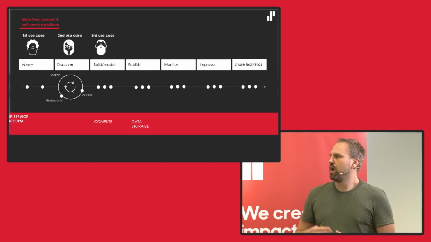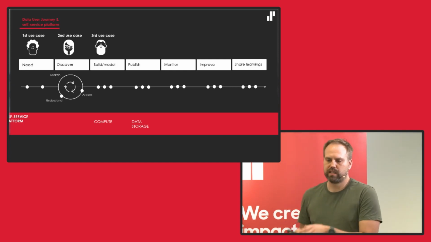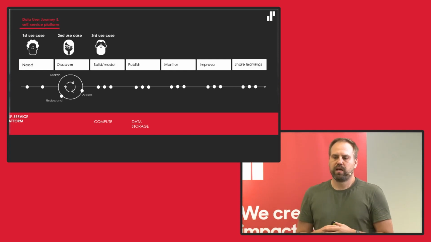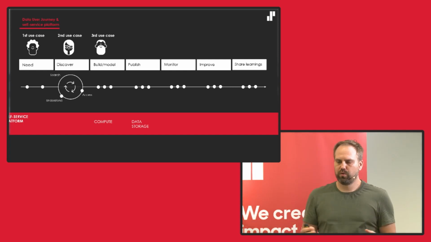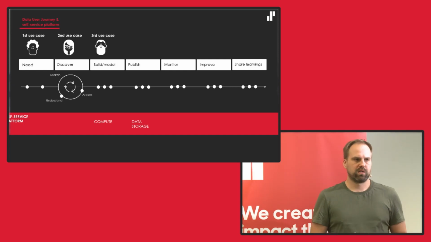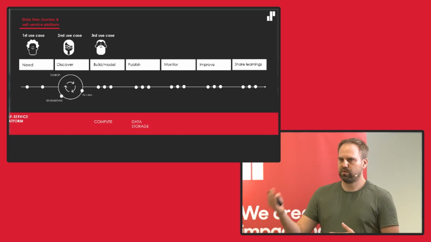And yet again, how are the people actually going to use the compute? Is it going to be SQL? Is it going to be, let's say, Databricks? Is it going to be Jupyter Notebooks? Is it going to be pure code? Is it going to be Lambda functions in AWS? And that all depends on the users again.